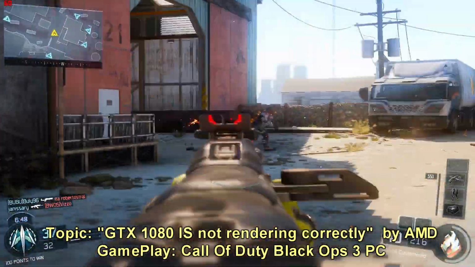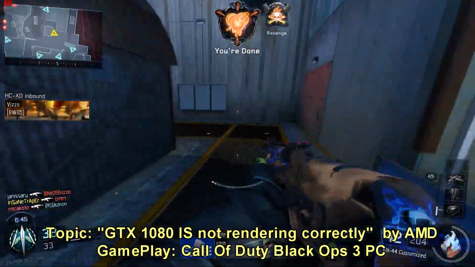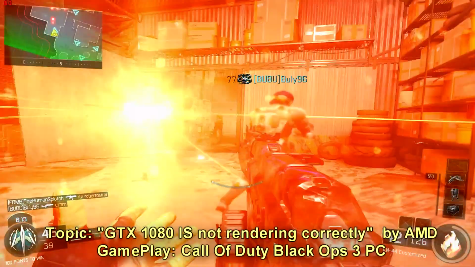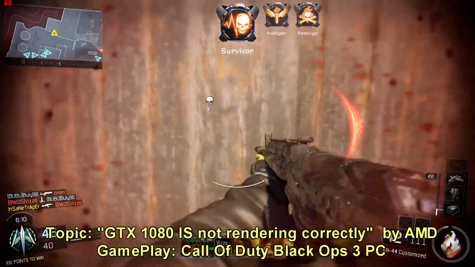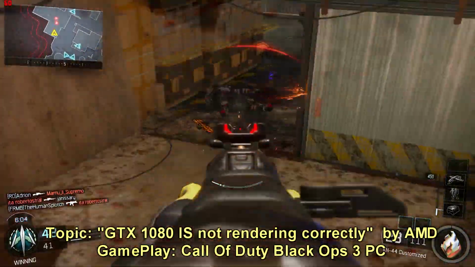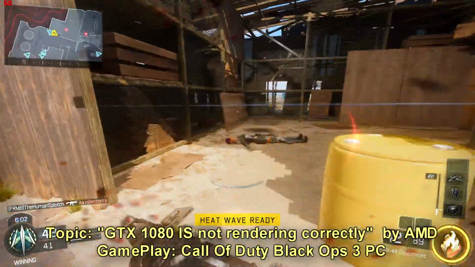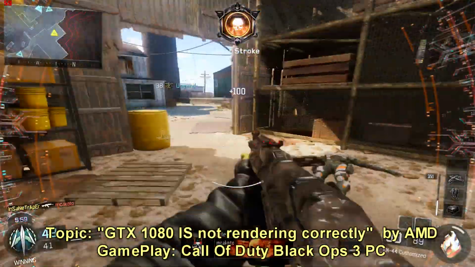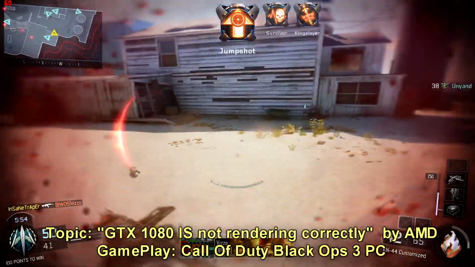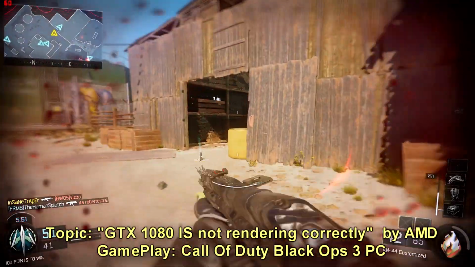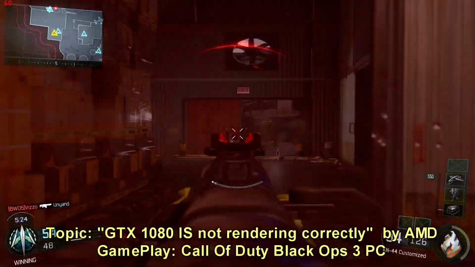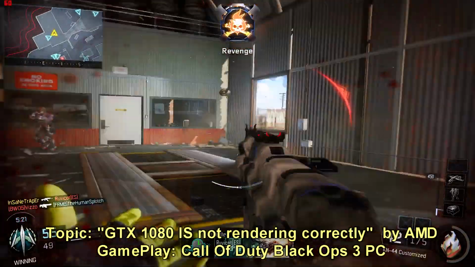So, guys, AMD is fully blaming this on the GTX 1080, and with the images I'm showing on screen, you have to decide for yourself which side you are on. If you think the GTX 1080 is rendering correctly and the RX 480s are rendering badly, then it's up to you. But AMD just stated that Ashes of the Singularity is being rendered wrongly by the GTX 1080, and if it is going to be rendered correctly at some point, then the frame rates it is giving right now are going to decrease. It is currently giving 58.7 frames per second against the 62.5 FPS that the RX 480 is giving.